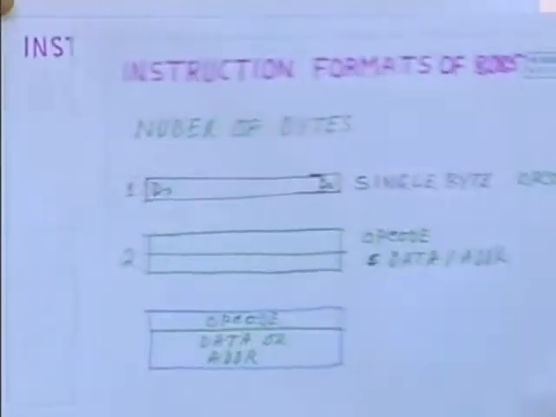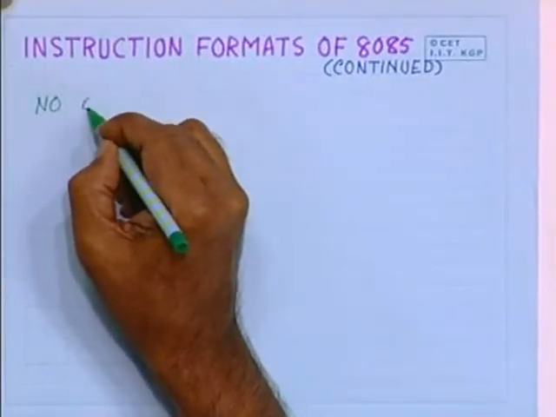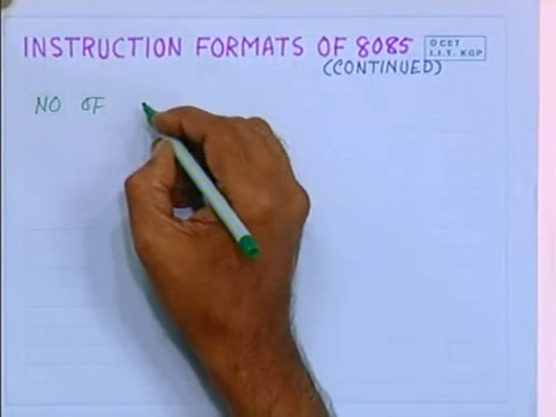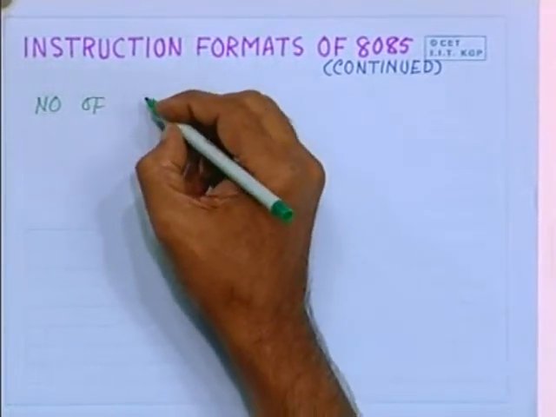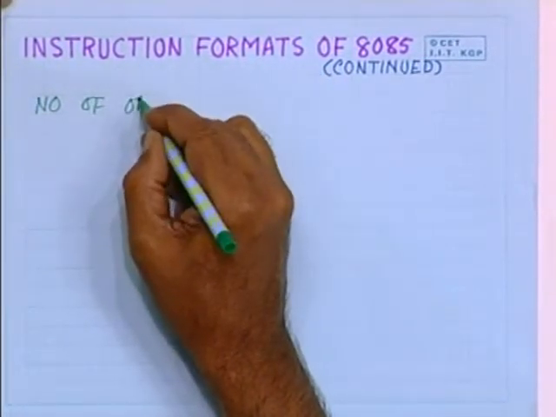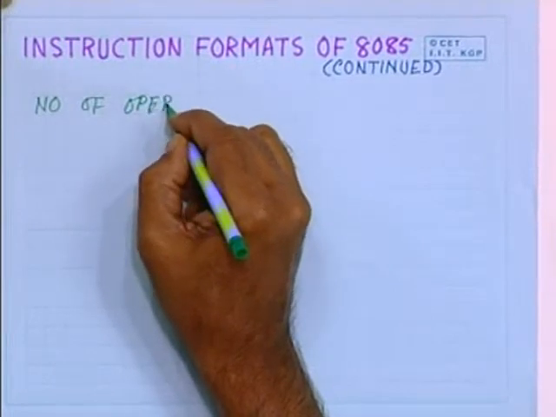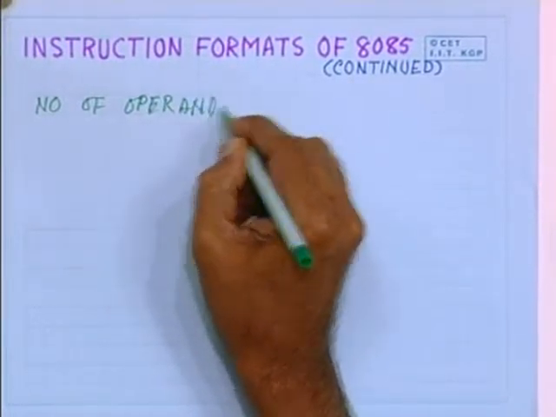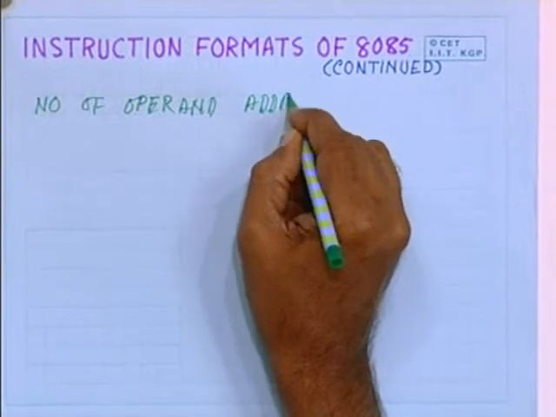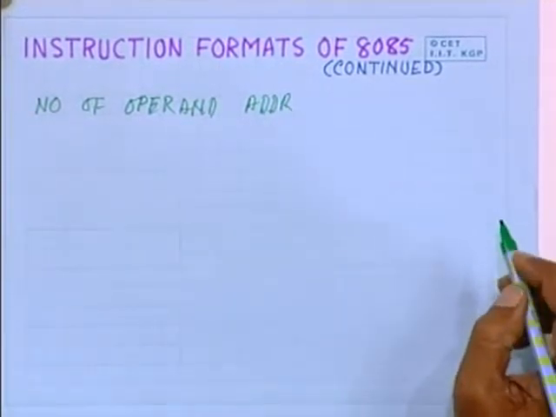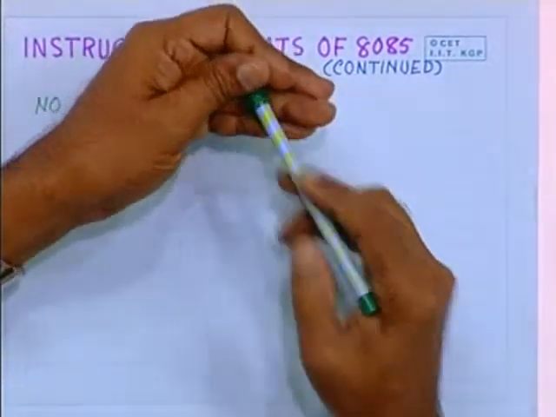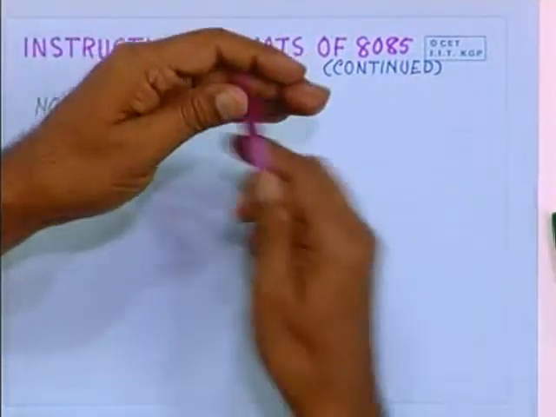Now, apart from specifying formats in terms of number of bytes, there is another way of doing it: by number of operands, that is, the number of operand addresses it specifies. For example, an instruction can be